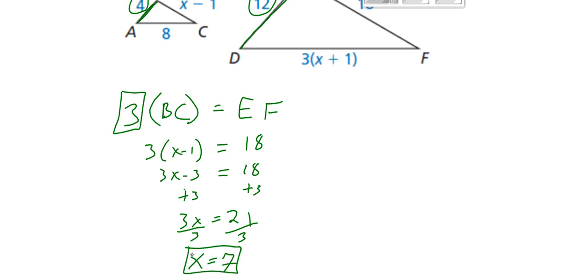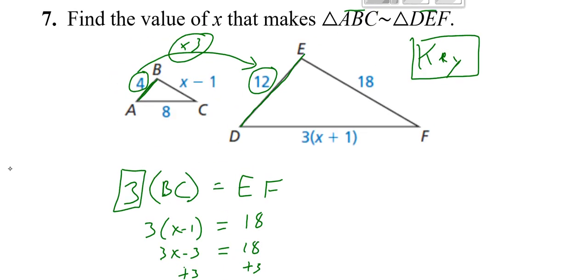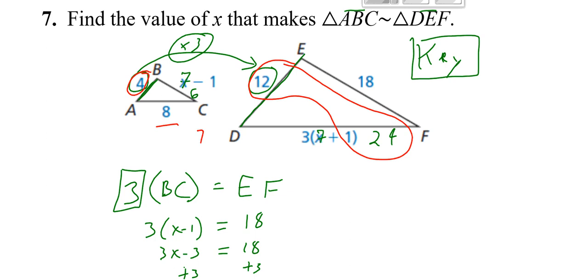Okay. So now let's make sure that's a reasonable answer. So I plug in 7 here. 7 minus 1 is 6. Okay. If I plug in 7 here, 7 plus 1 is 8. 8 times 3 is 24. So to check my work, I see that these two sides should be half of each other. So DE is half of DF. Do I notice that's true for this triangle? Is 4 half of 8? Check. So sure, X being 7